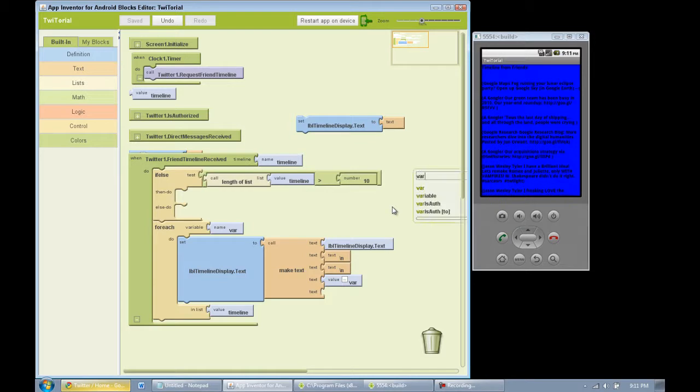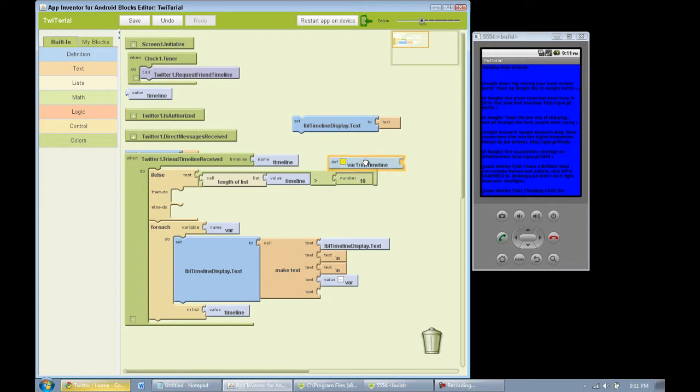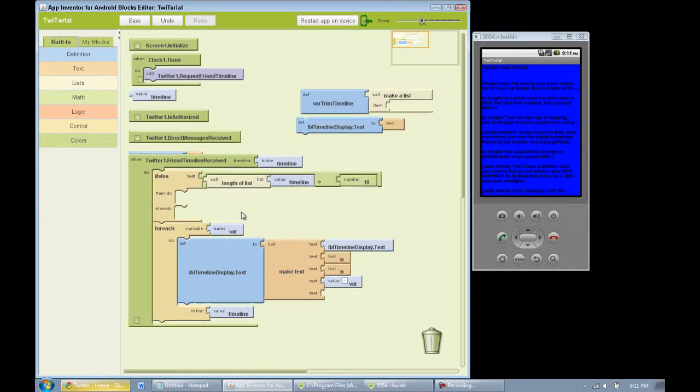So we're going to have to call var trim timeline. Oops, can't define it like that. First we have to define a variable and then call it var trim timeline. We're going to place this in here. That way we know it's a list. We're not going to make it a list though. Instead, we're going to say if it's greater than